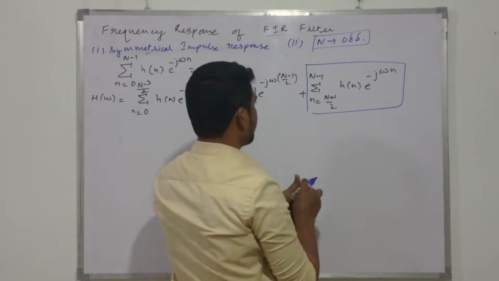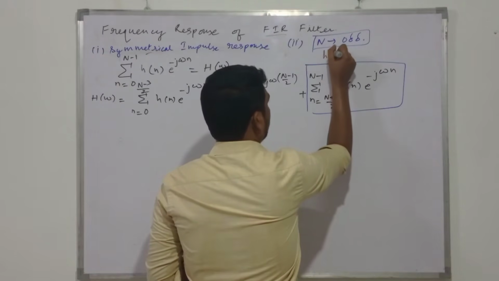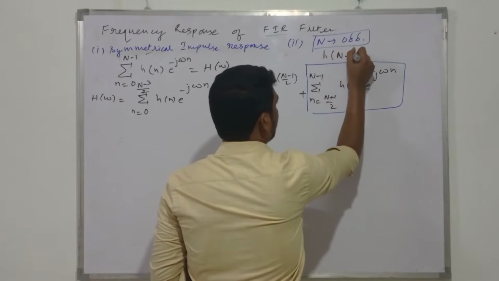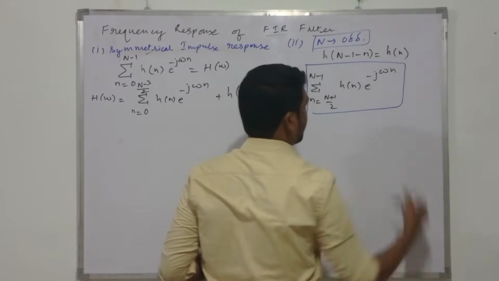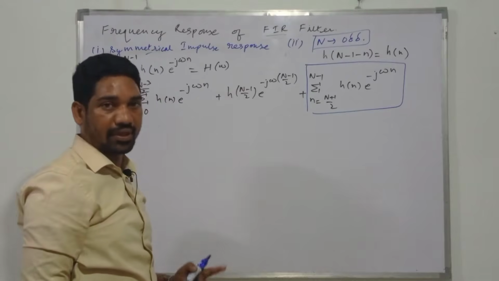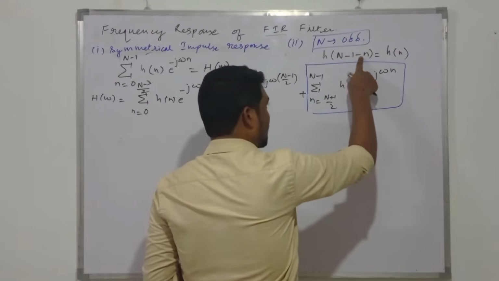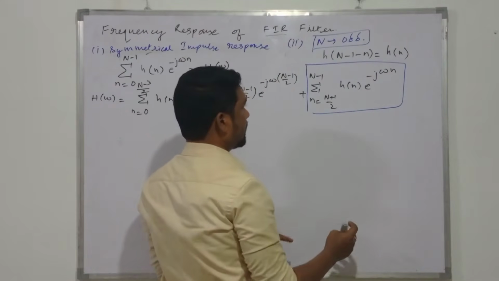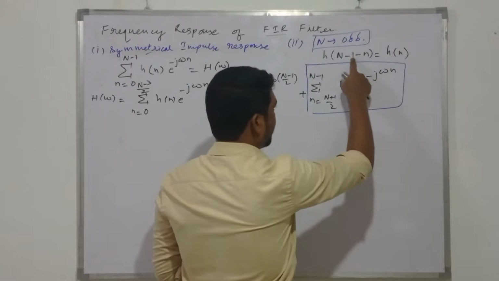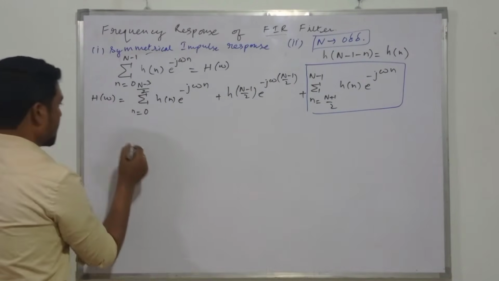The symmetry condition says the impulse response h of N minus 1 minus n will be equal to h of n if it's symmetry. Antisymmetric, that's some other condition. Okay, so h of N minus 1 minus n could be plugged in with h of n, and according to the requirement, according to the modifications, if we have h of n, that could be plugged in with that one. So focusing on this summation for the time being, what is that summation?